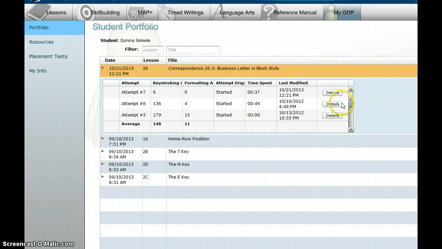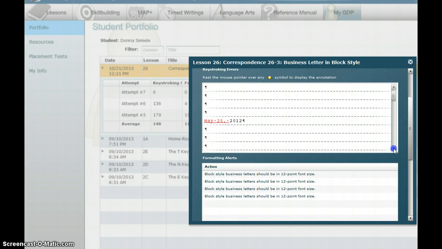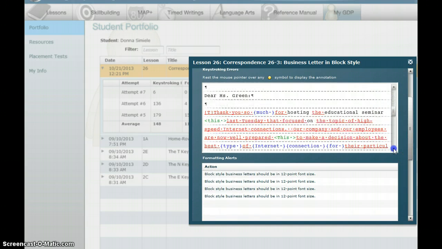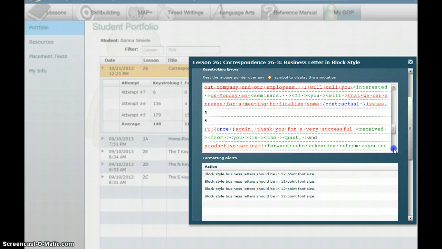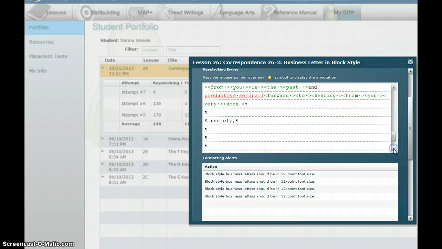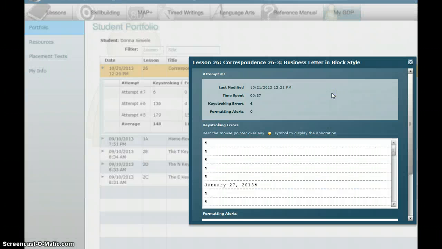So if I check the details on one of those, and I scroll down through, you're going to see just about everything in here is flagged. Okay, so I probably typed in the wrong document and need to start over. Now, in here you're going to see that I have one that has 6 keystroking errors and 0 alignment errors or formatting errors. So if I go into the details for this one, I can scroll down